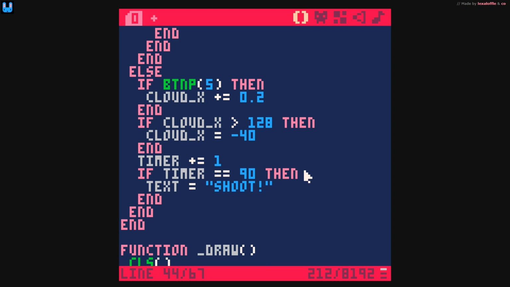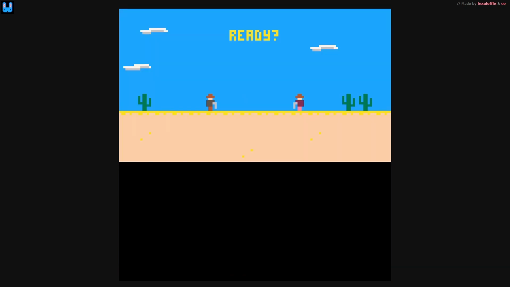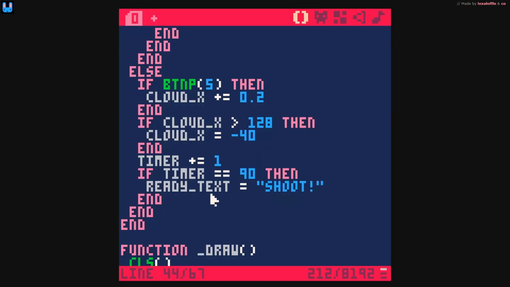Timer plus equals 1. Oh, it's because this is the wrong variable name. All right, so this is working properly. So now, now that we have